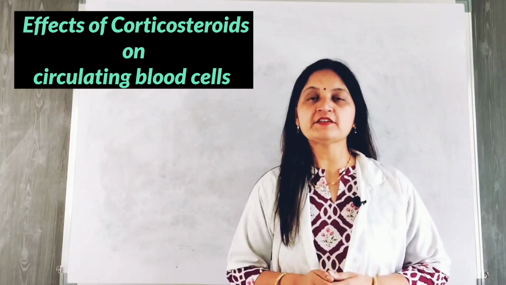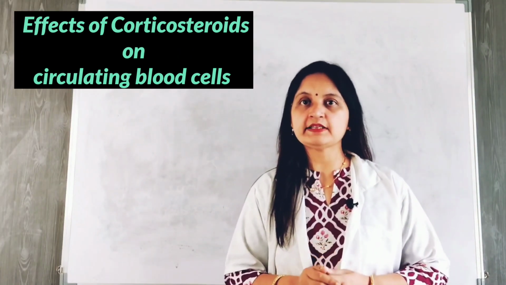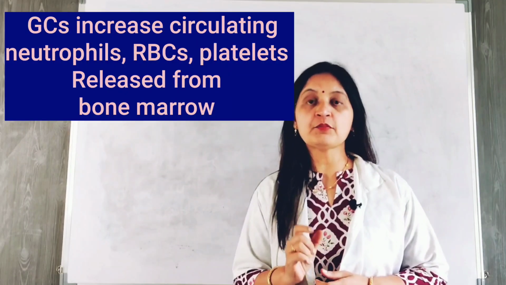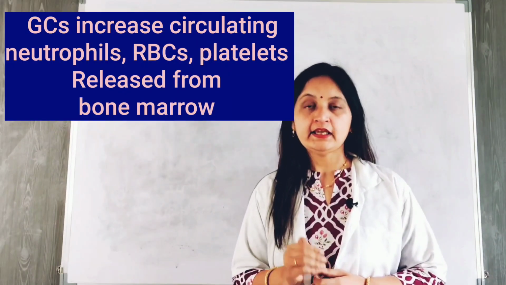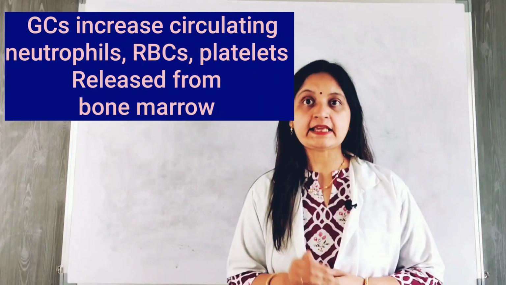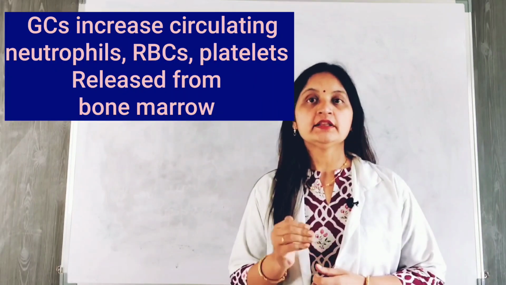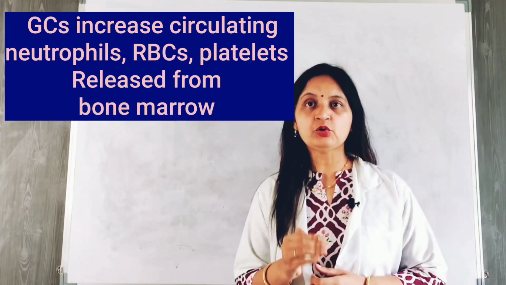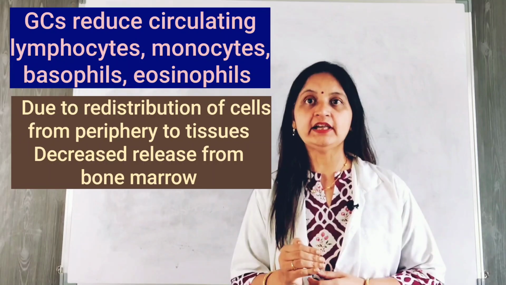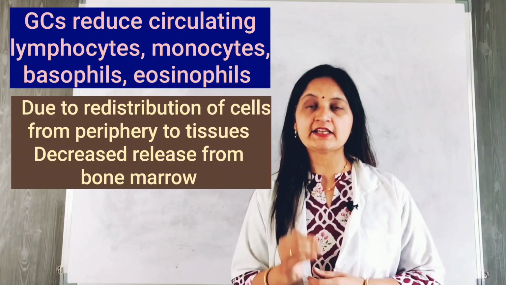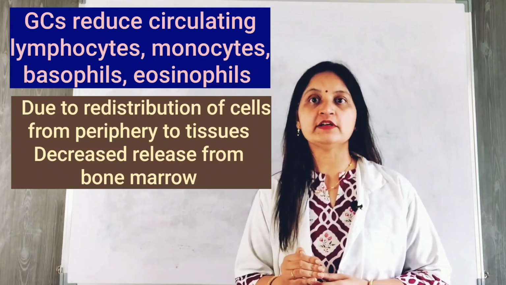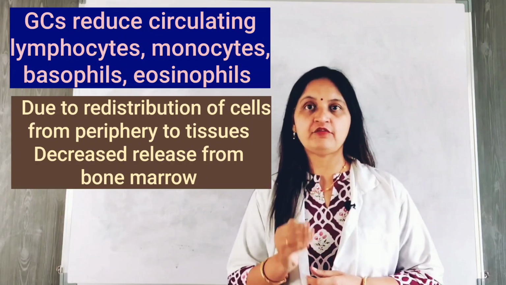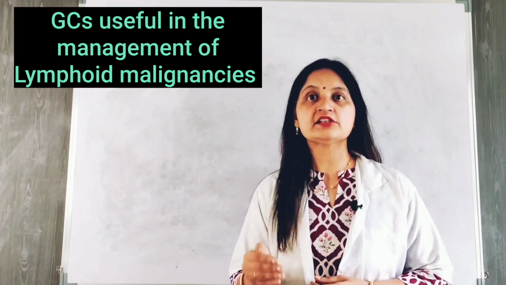Next, what are the effects of corticosteroids on circulating blood cells? Glucocorticoids increase the circulating neutrophils or polymorphonuclear leukocytes. They also increase the red blood cells and platelets in the circulation. This is because the cells are released from the bone marrow. Conversely, glucocorticoids reduce the circulating lymphocytes, monocytes, eosinophils, and basophils, and this is due to redistribution of these cells from the circulation, from the periphery, to various tissues,